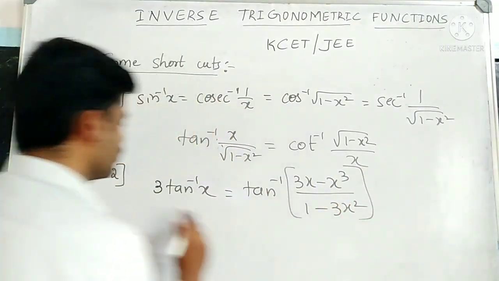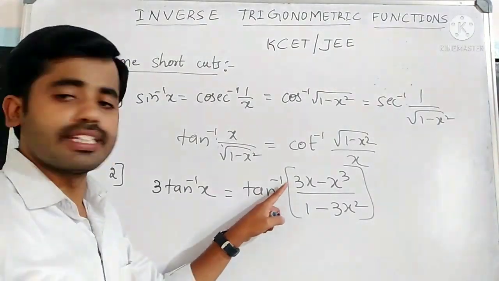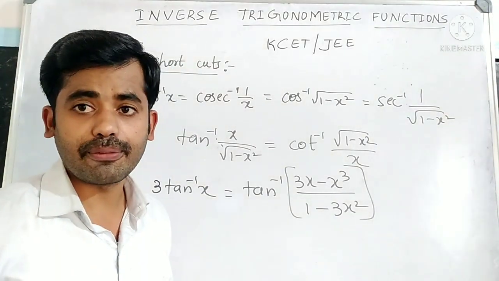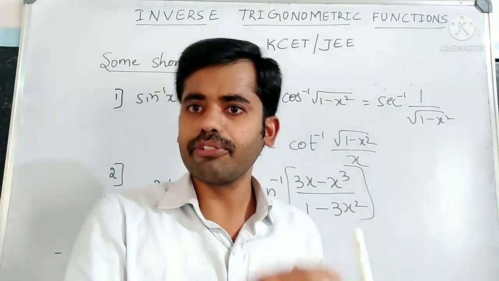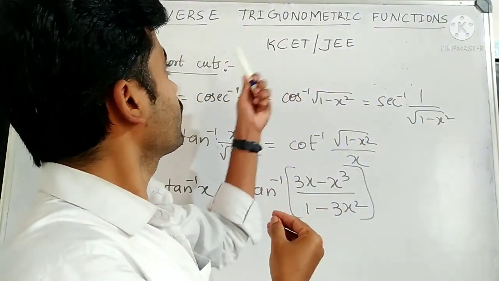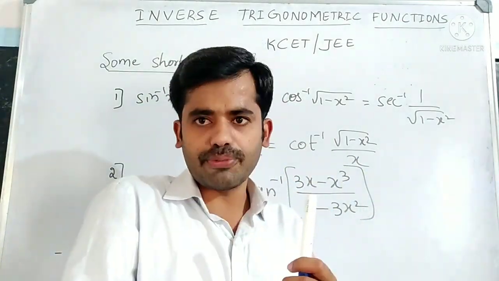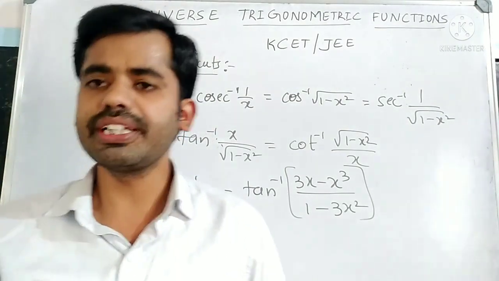In the place of 3 tan inverse x, we can use tan inverse of 3x minus x cube by 1 minus 3x square. Many more remain, those are in the NCERT. If you learn the lesson inverse trigonometric functions, you will understand the basics. But extra from that, these are some formulas. Okay. Next one is